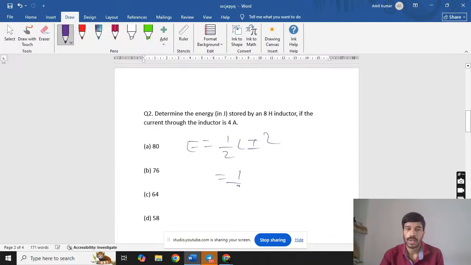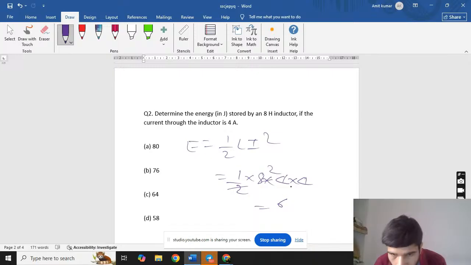Half, L value is 8, into I is 4, 4 into 4. 4 into 4 into 4, that is 64 joule. It is very simple. Next,